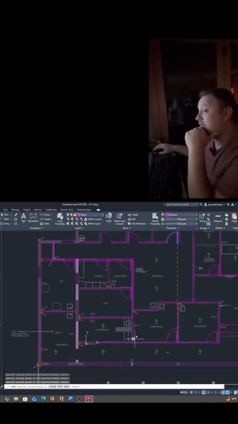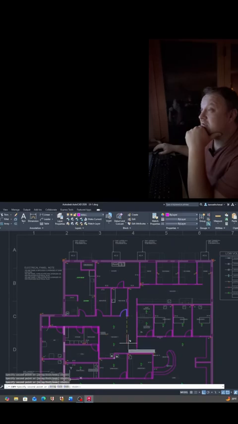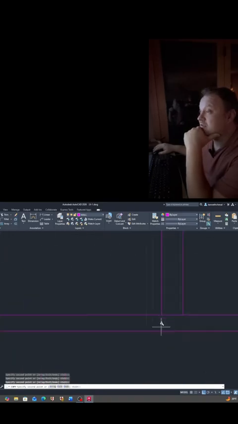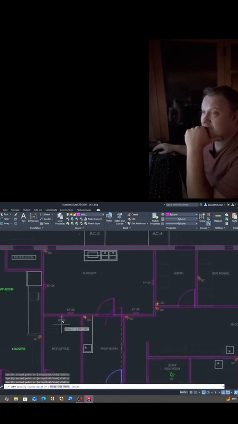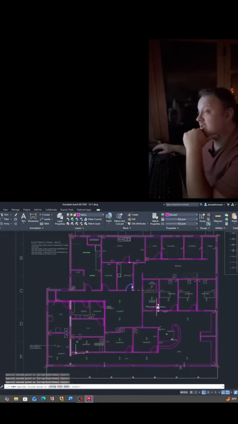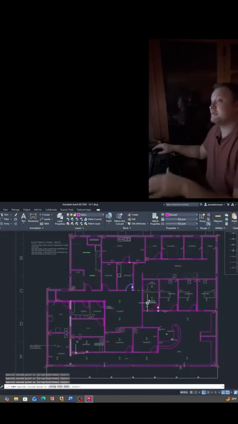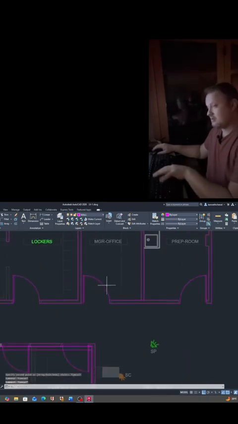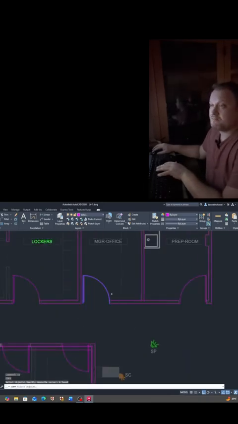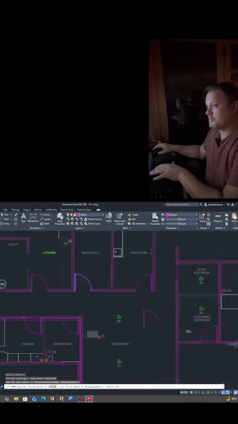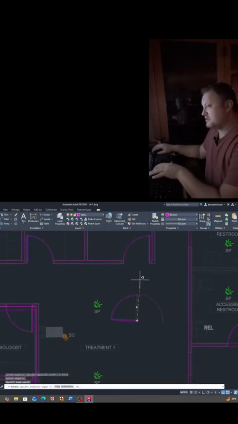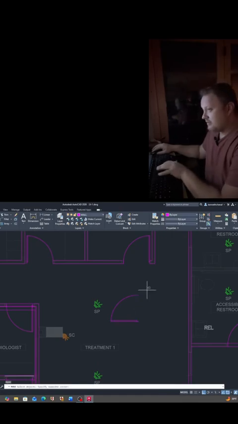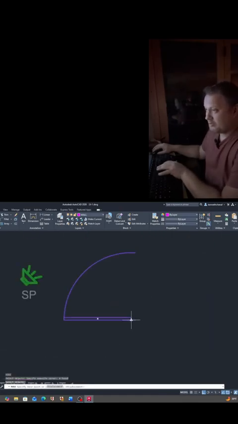And sometimes, if you are the new drafter just starting out, this is the type of stuff that you may be stuck doing. They may give you the drawing to get it set up so that other guys can get in there and get it done. But the nice thing is, once you set up an XREF file, if there were multiple people working